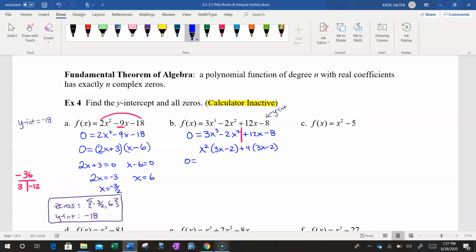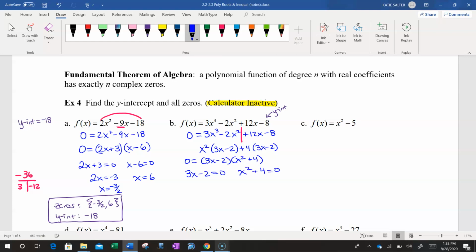So when I put those factors together, I have 3x minus 2 and x squared plus 4. Again, if you put x squared plus 4 and then 3x minus 2, it's the same thing. So then I check, because I still have a quadratic factor, could that be factored further? In this case, it cannot, because it has a plus right here. If it was a minus, it would have been a difference of squares, and we could have continued to factor into the linear factors. But because it's a plus, we need to go ahead and set these equal to 0 and work it out. And that's fine, guys. As long as you can get down to quadratic and linear factors, you will be able to work this out